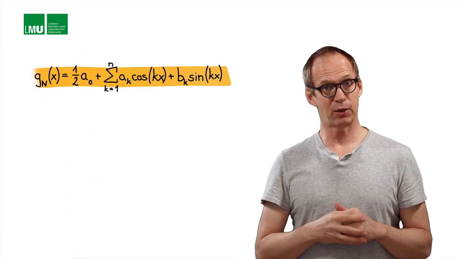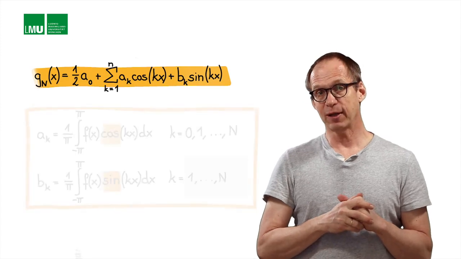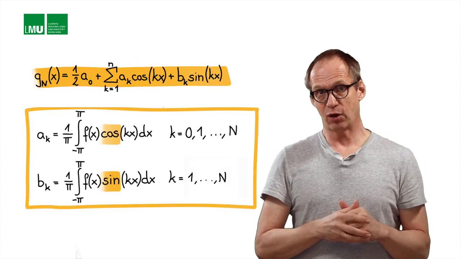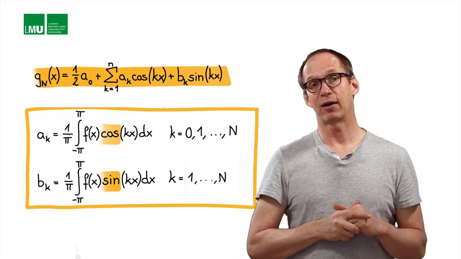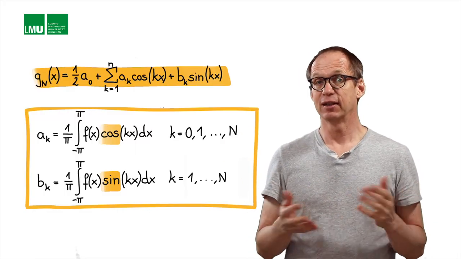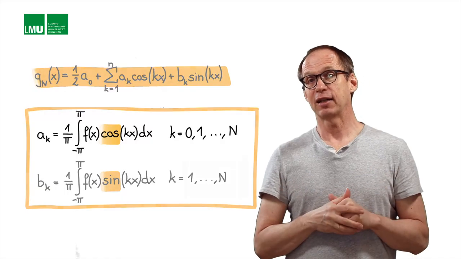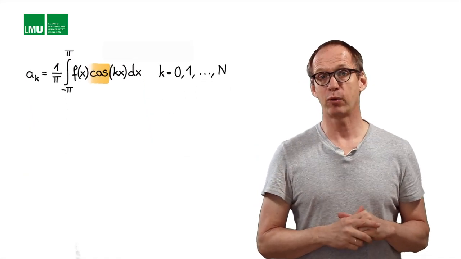Well, we know the equations for them. The integrals over, for example, f of x multiplying the cosine or sine function. Let's start. Here's an example. Let's calculate a0. a0 will be